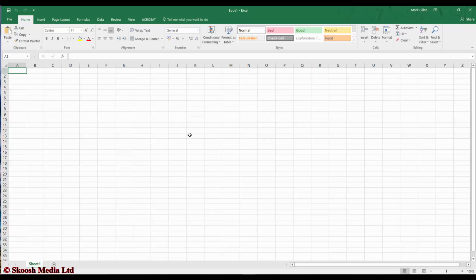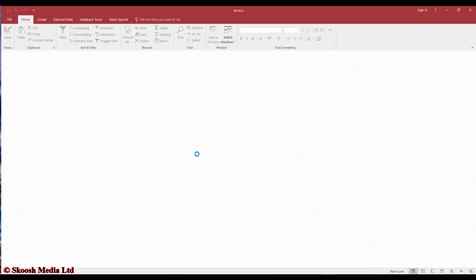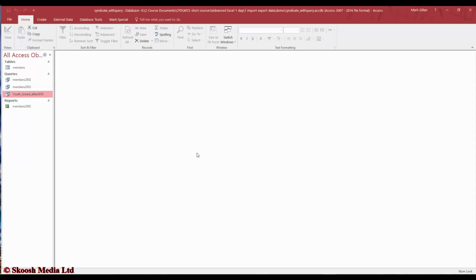I'm going to show you how to import data from a Microsoft Access database into Microsoft Excel. First of all, from a query that's been made within the database, and then from a database that's not had a query. So Microsoft Excel, just first of all, just to show you the database itself, what I have here